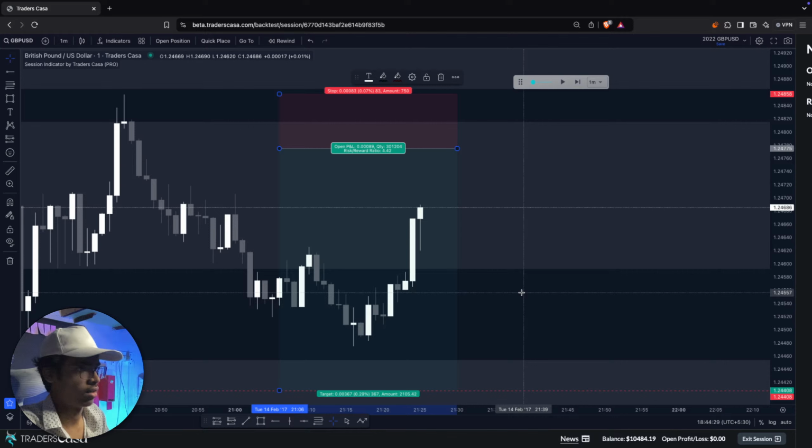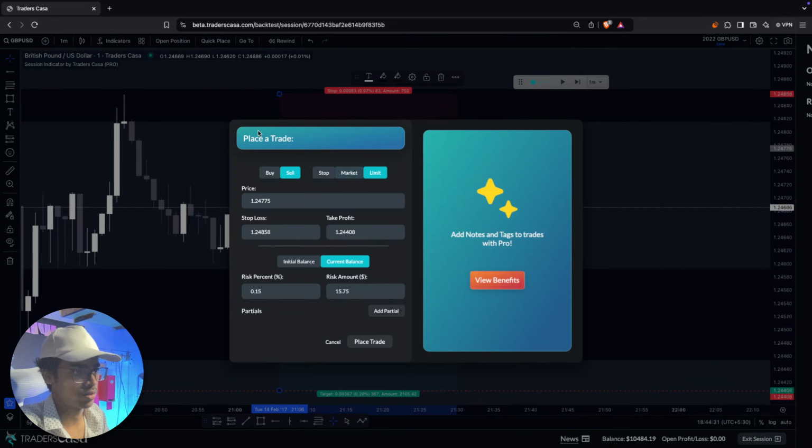Fine. We can just put open position. I'll put sell market. Sorry, I should put limit. Sell limit, current balance not 15. This time, bro, we were at the loss at the last trade, so we are going to take a 0.1% of the trade. See, I'm taking a 0.1% of loss. Okay, it doesn't mean that